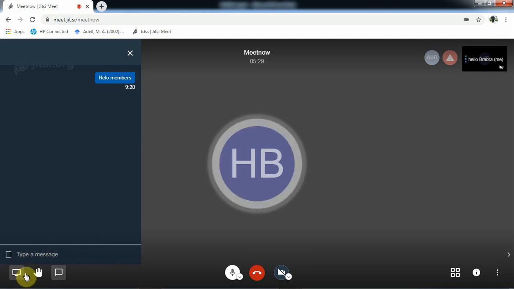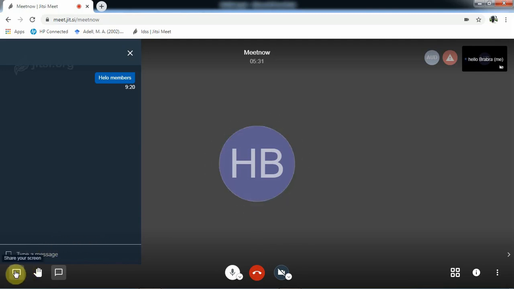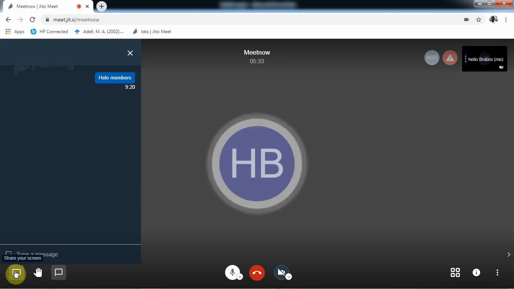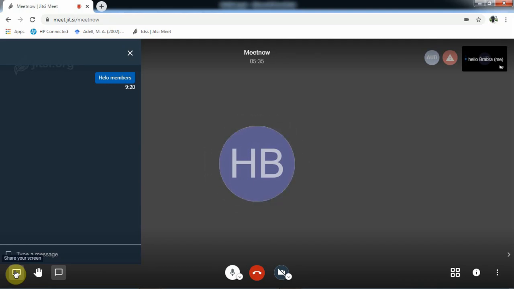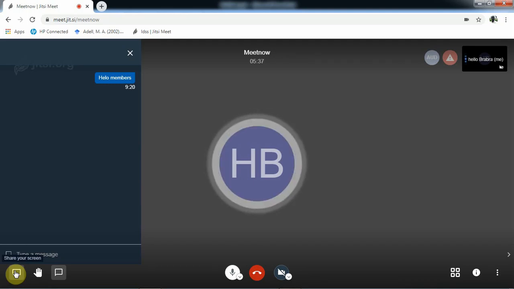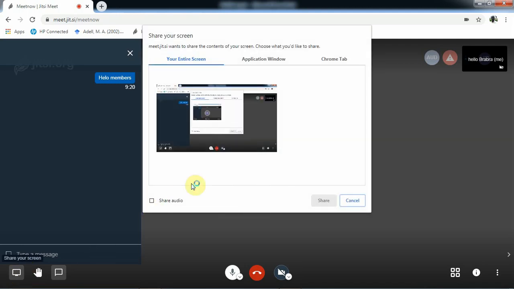Then on this part, this is a button that enables you to share your screen with other participants. If you want to share the screen with other participants, then you will click on that option. When you click on it, this share your screen dialog box will be displayed.